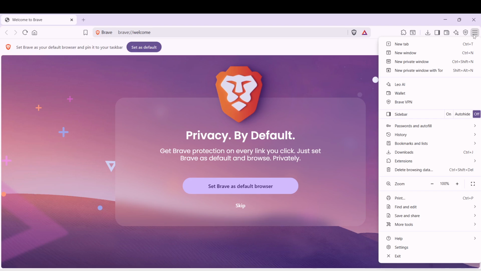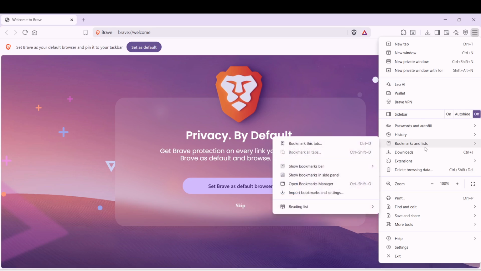Once the menu is open, hover your mouse over the Bookmarks section. As you do this, you will notice a list of options related to your bookmarks. This step is crucial because hovering over the Bookmarks section allows the submenu to appear. It provides you with additional options related to managing your bookmarks. By doing this, you ensure you are accessing the right tools for managing your saved pages effectively.